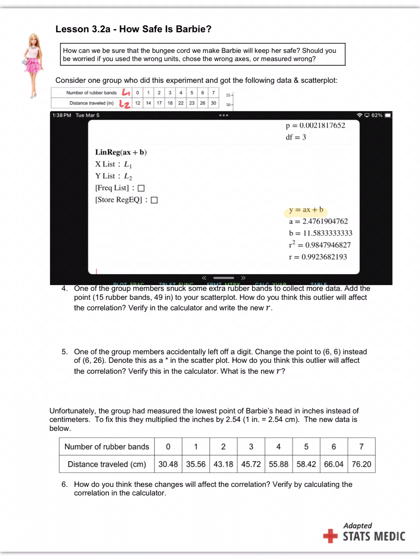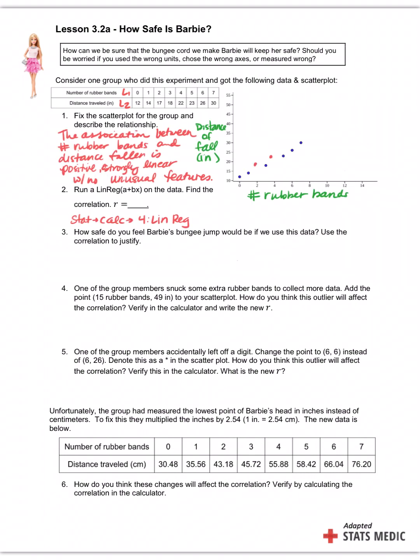Now, in your calculators, we'll work towards this. You have to have a couple features turned on, but we'll make sure you have it before we get there, okay? But notice it's all done for you in the output. Now, we said that this is 0.99, right? Based on that, it's a measurement of how strongly linear the data is.